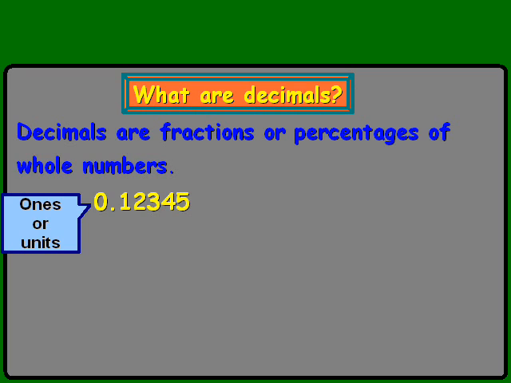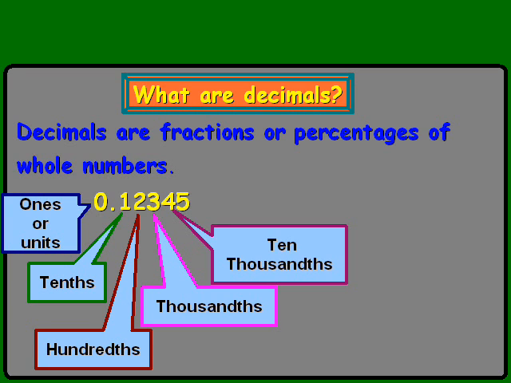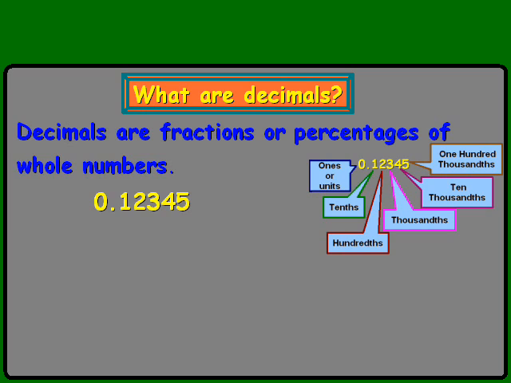When we move to the right of the decimal, we have tenths, then hundredths, then thousandths, ten-thousandths, and hundred-thousandths. Now we could move further if we had a bigger number, but we'll stick with this example to give you the basic idea. Next, we can look at how to express decimals in terms of